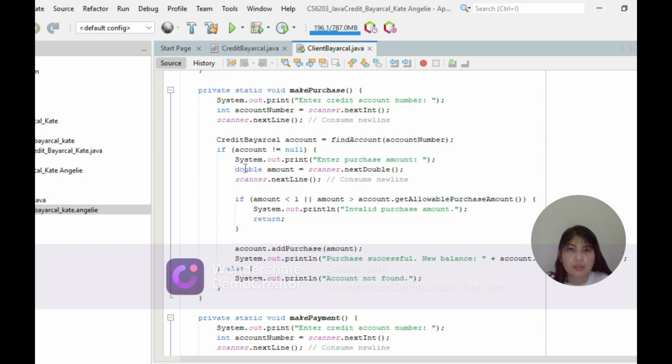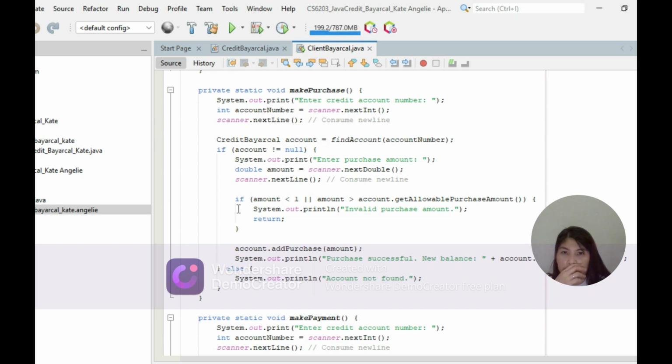So System.out.print("Enter purchase amount: "); double amount = scanner.nextDouble();